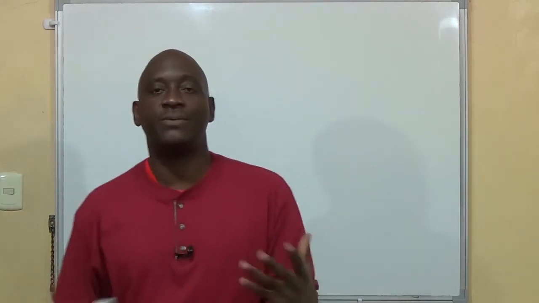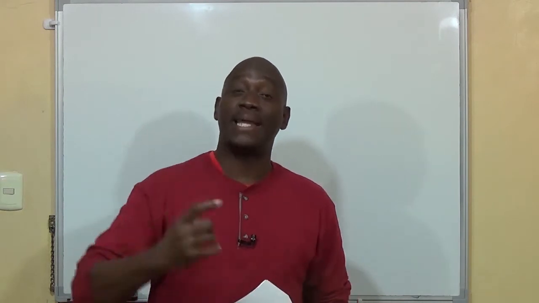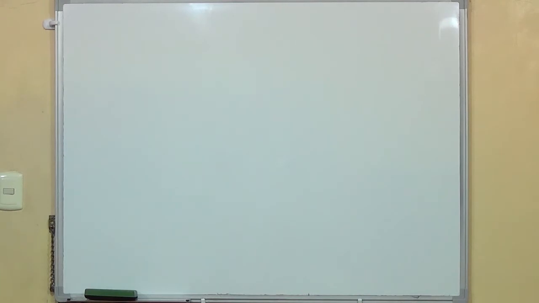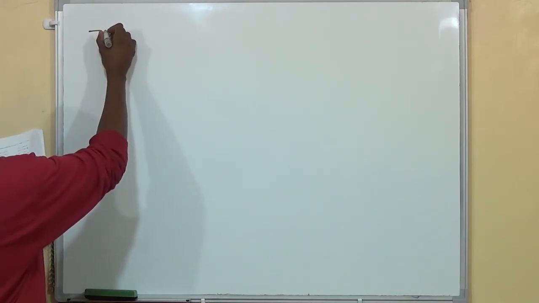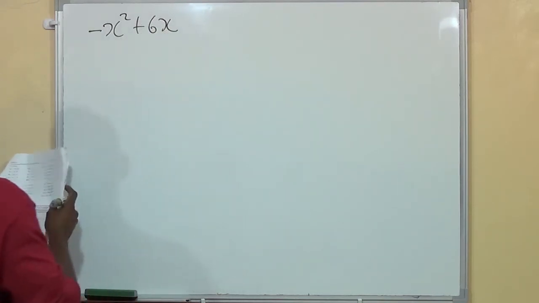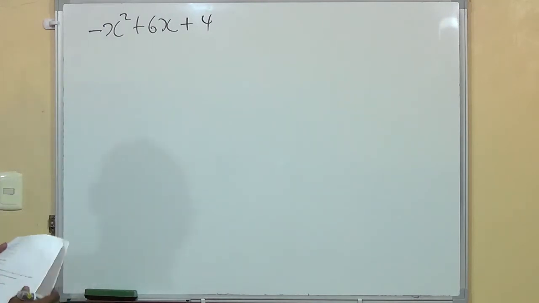So we know we're going to deal with situations where you have a negative coefficient of x squared. The coefficient of x squared is minus 1. So we're going to go directly to some examples now, and we're saying that if we have minus x squared plus 6x plus 4, right? And they ask us to express this as, let us see,